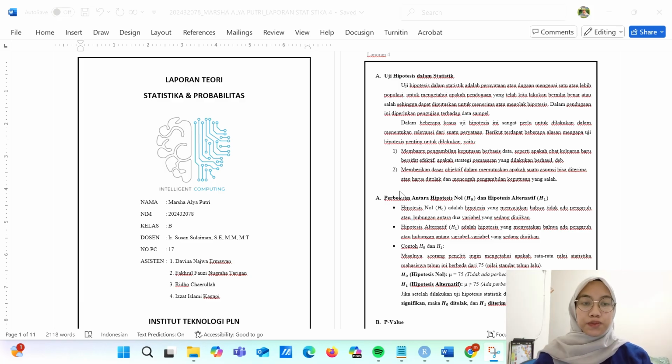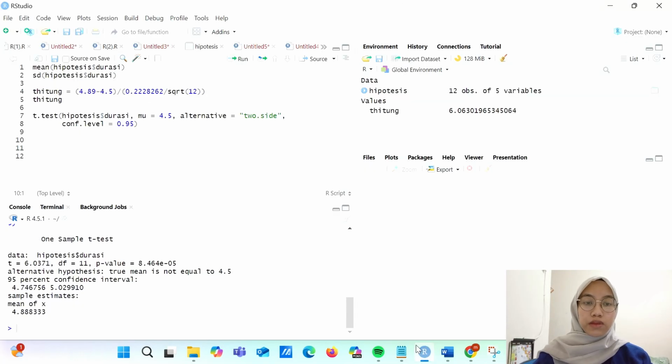First, we open RStudio. We enter the data. Here, we will use data from the hypothesis files.